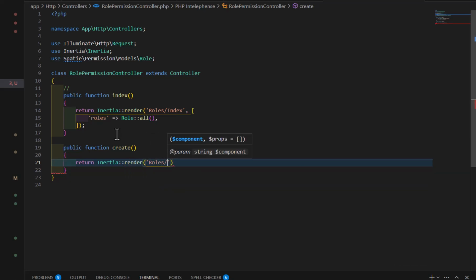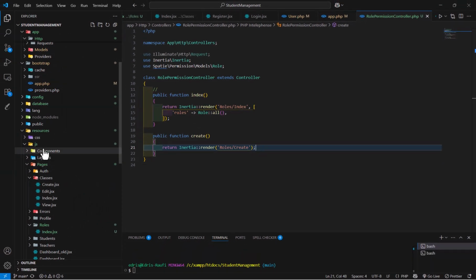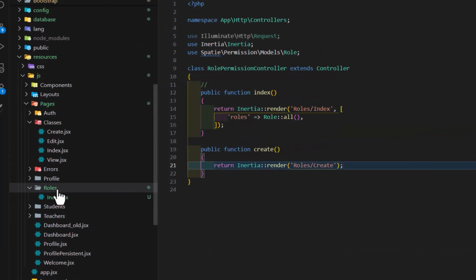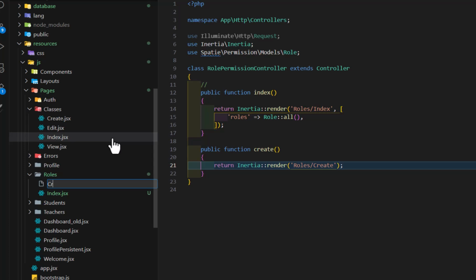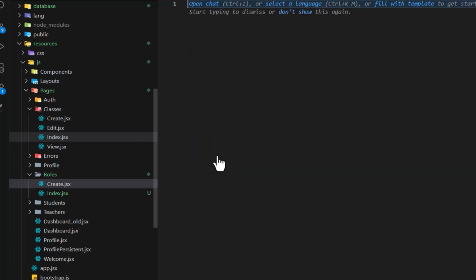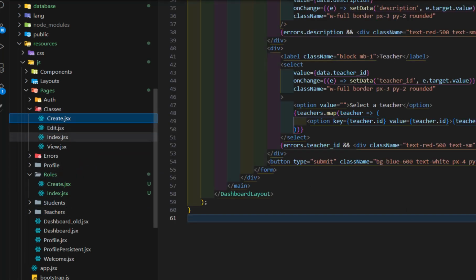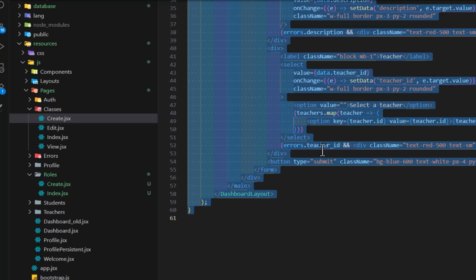So we are going to create roles/create, and let's go back to our resources JS page, and inside our roles folder let's create a new file with the name of create.jsx. Then in here let's create our page. So again to save time, let's copy it from the classes create.jsx. Let's copy everything from here